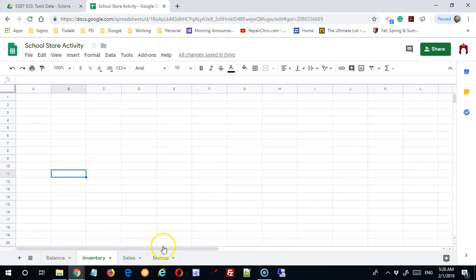But basically when you're done, you want a Google Sheet in that shared folder with a good name. School store should start the name at a minimum, and then 4 tabs in this order: balance, inventory, sales, and menus. Now these are very independent things, but if I had sheets that kind of logically belonged in a group,